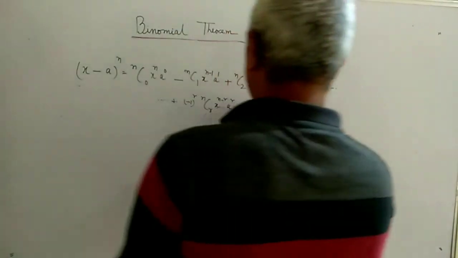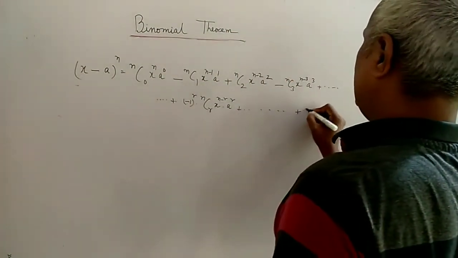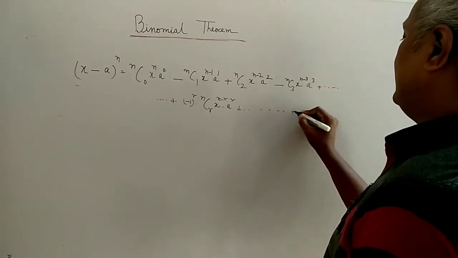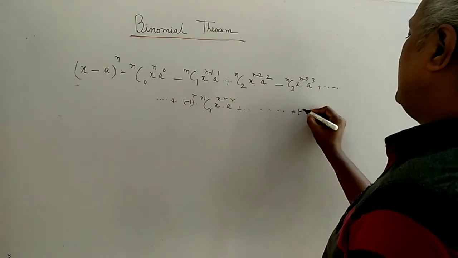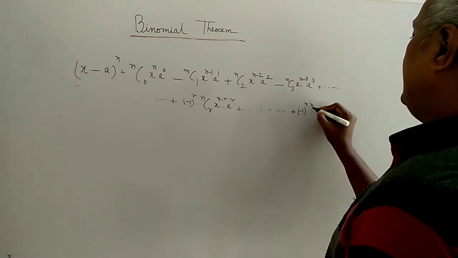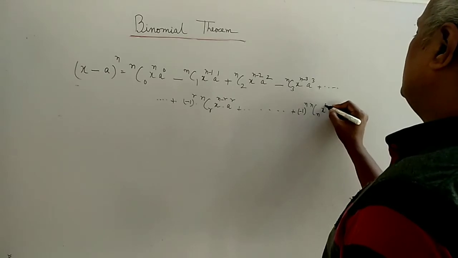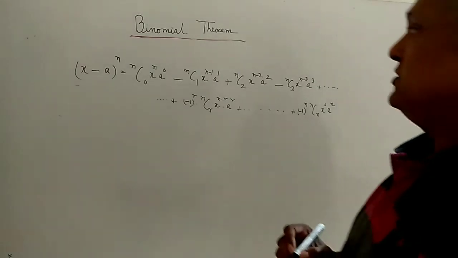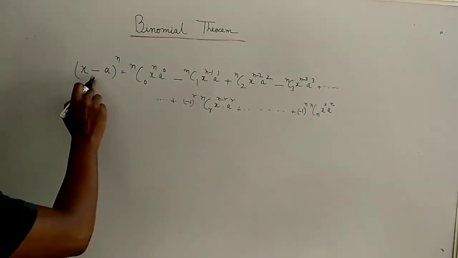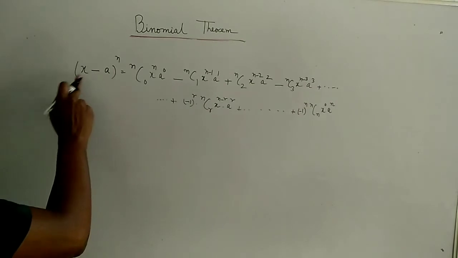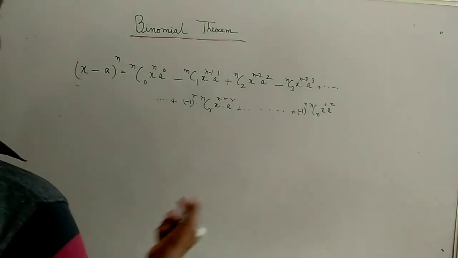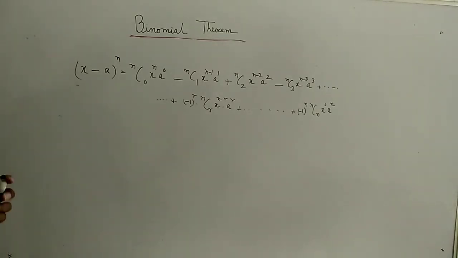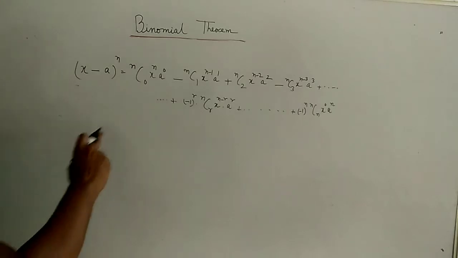Then I go on to find the value of my nth term. Again, what will be the sign of this nth term? We do not know. So we write plus, and then minus 1 to the power n, nCn, x to the power 0, and a to the power n. This is the term for the negative case. It's negative in between, like x minus a, the difference of two monomials you can say, but actually it is also a binomial, because a binomial can be x plus a or x minus a, two terms. So here is the negative term.